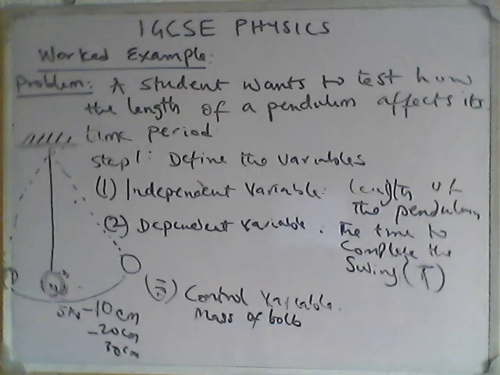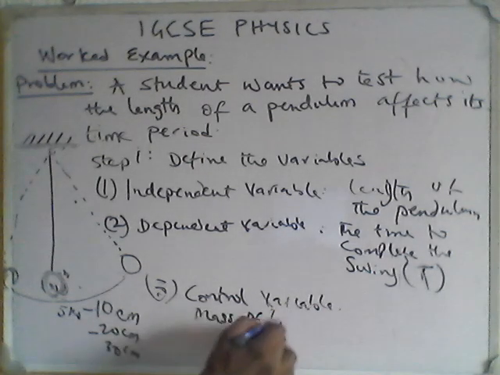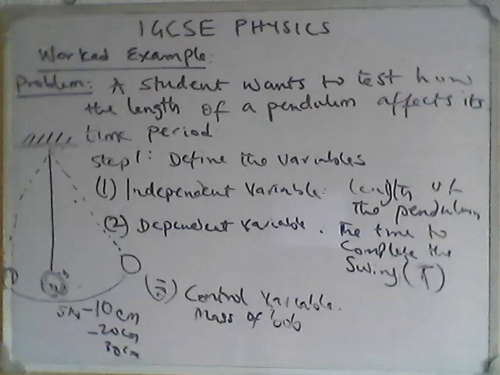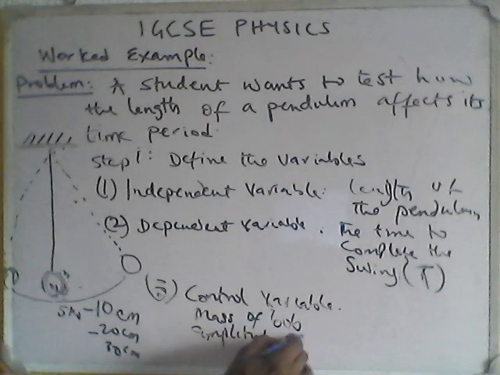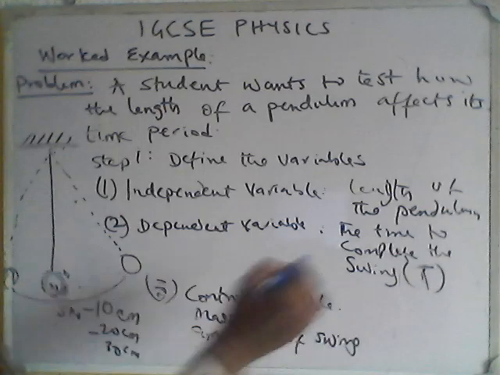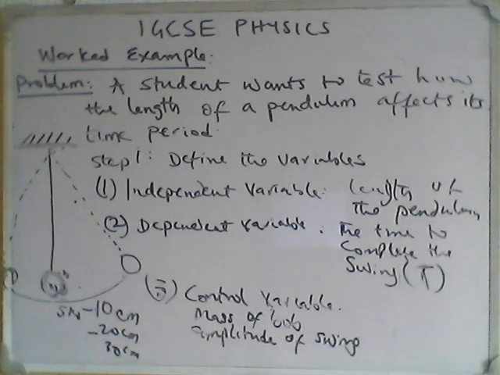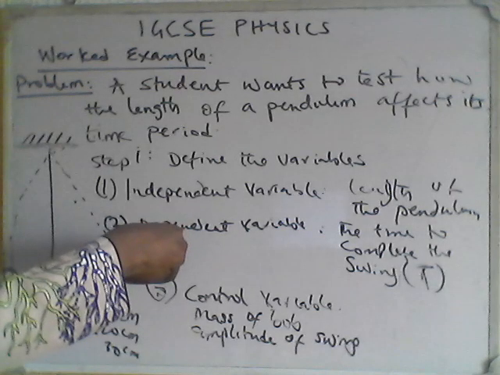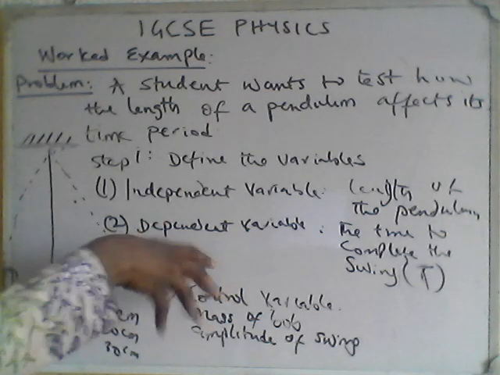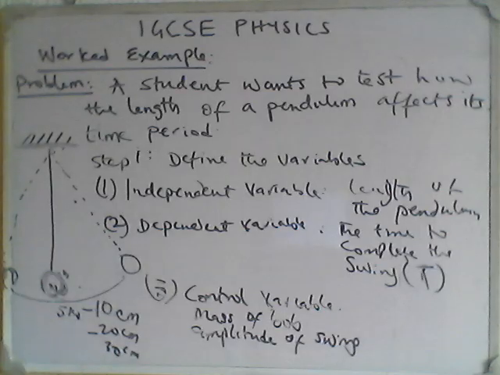Okay. Second one, this is how bulb is spelled. The second one is the amplitude of swing. These two must be the same. This amplitude just means the distance from this point to this point. So I make sure it's at that point and I leave it, and it swings. So the amplitude too should be constant, and the gravity should be constant.